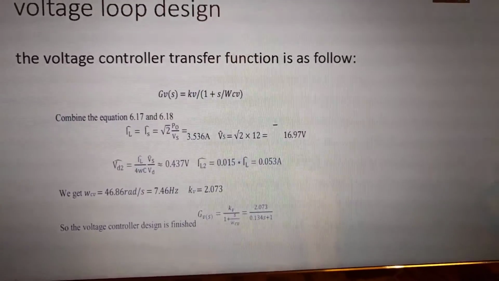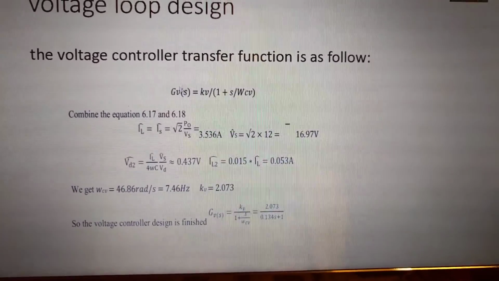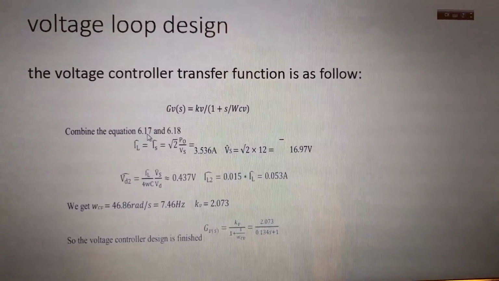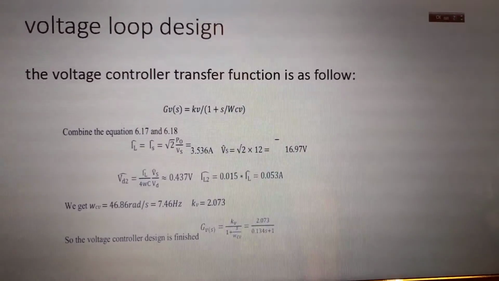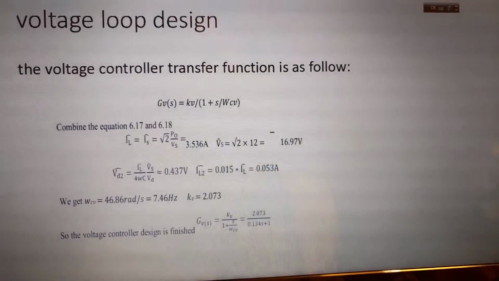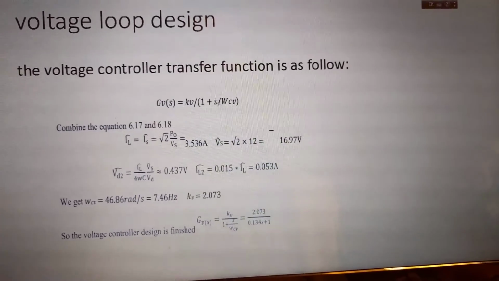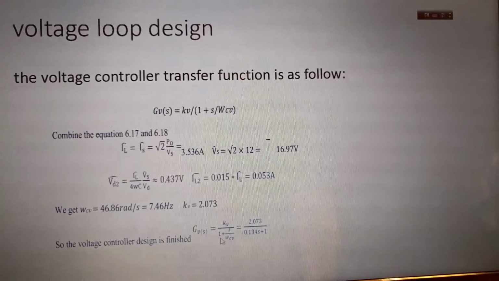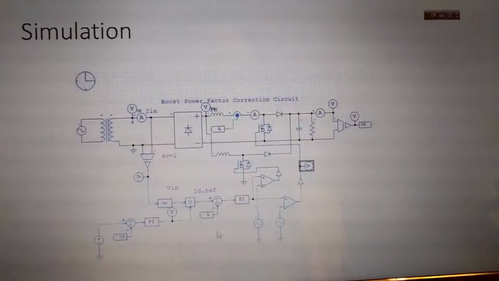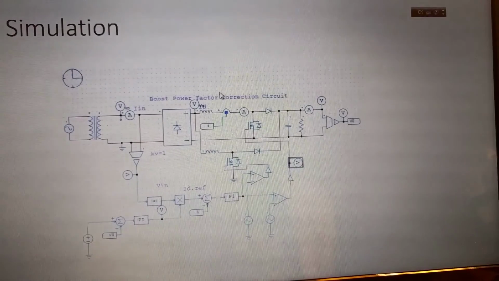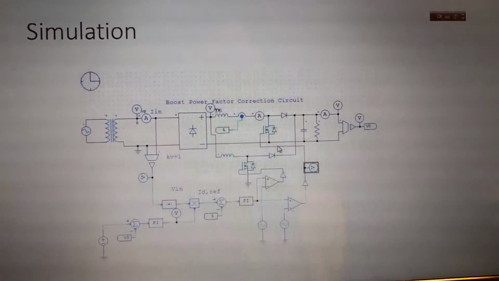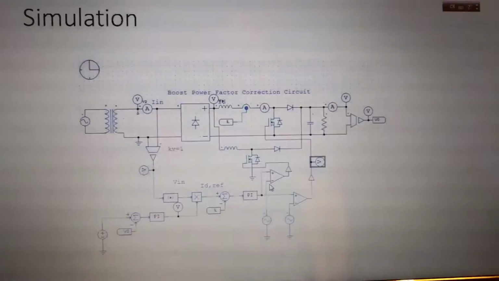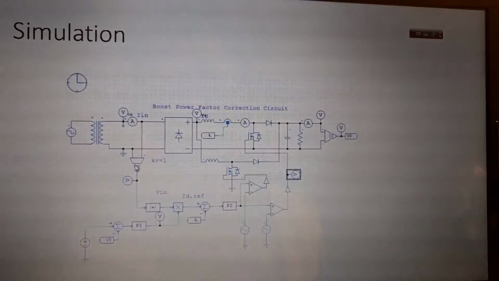The voltage loop design is shown as follows. We got this equation from the notebook, and then combined with the equation in chapter 6.1, we got all these values, and then put these values inside the voltage controller transfer function. To finish the simulation, we put all those values inside. So here the most important part is the voltage